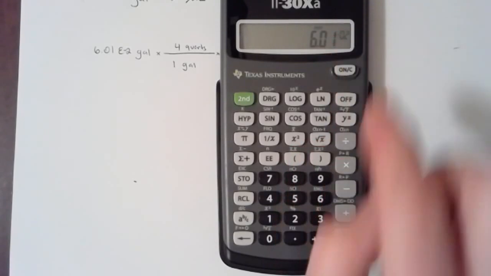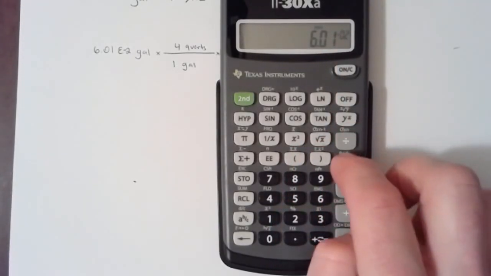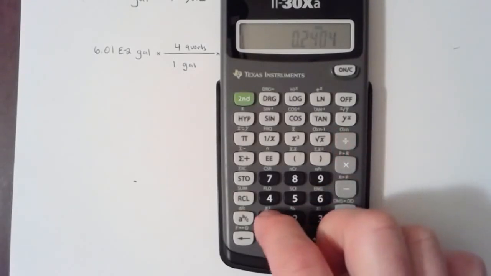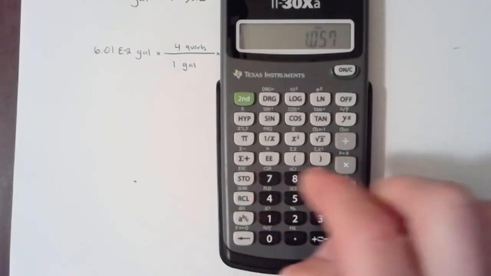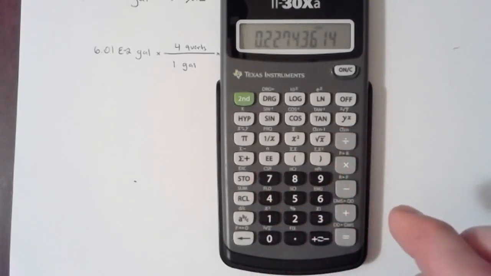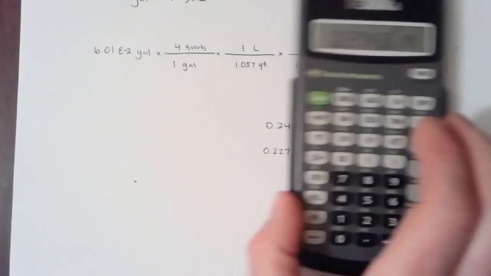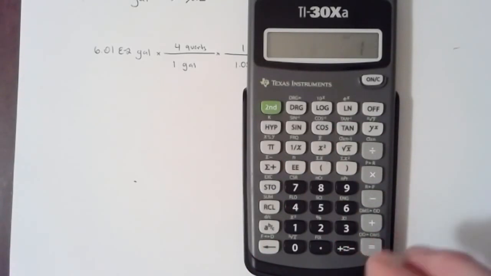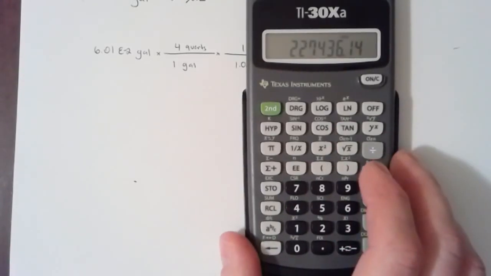That's okay. Times 4 divided by 1.057 and then divide again by 1 e to the negative 6. Okay? Get the same answer,